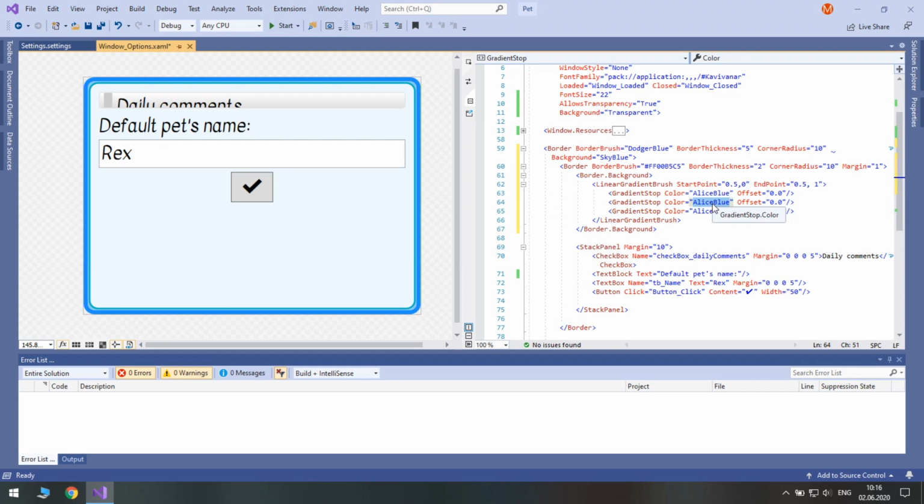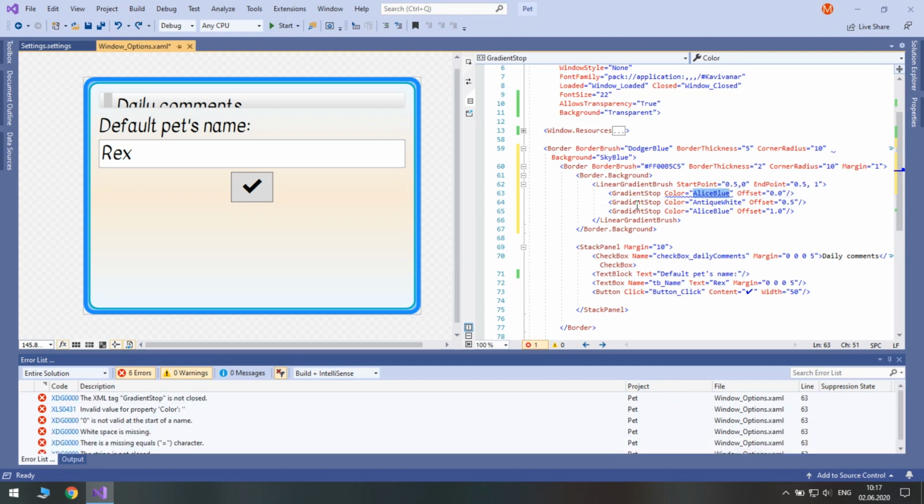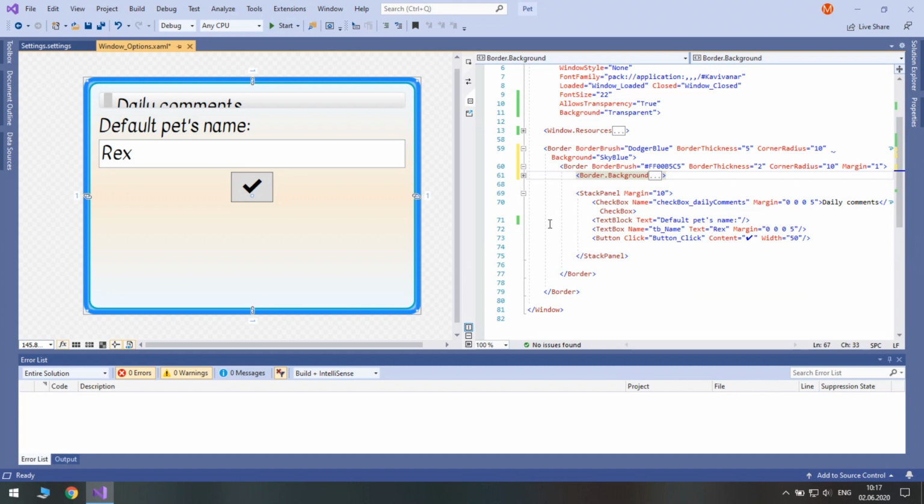The second will be Antique White, offset 0.5. Good. And the last one, again, Alice Blue with the offset 1.0. Good. Well, by the way, those are just the first 2 colors that I often use for testing. But they actually look quite nice. Well, at least for this window. We are done with the background.